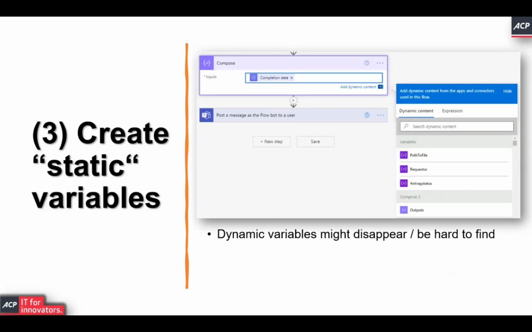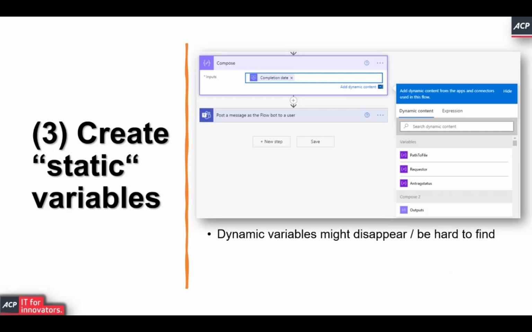If you have any connector in there that does anything, for instance, you create a new SharePoint entry, or you get a SharePoint entry, as a next step, you're being provided with a list of dynamic variables that come from that previous step, which is wonderful because that gives you automatic feedback of what the connector does. You can already work with the variables. And it's particularly a great tool if you're working with things at the beginning.